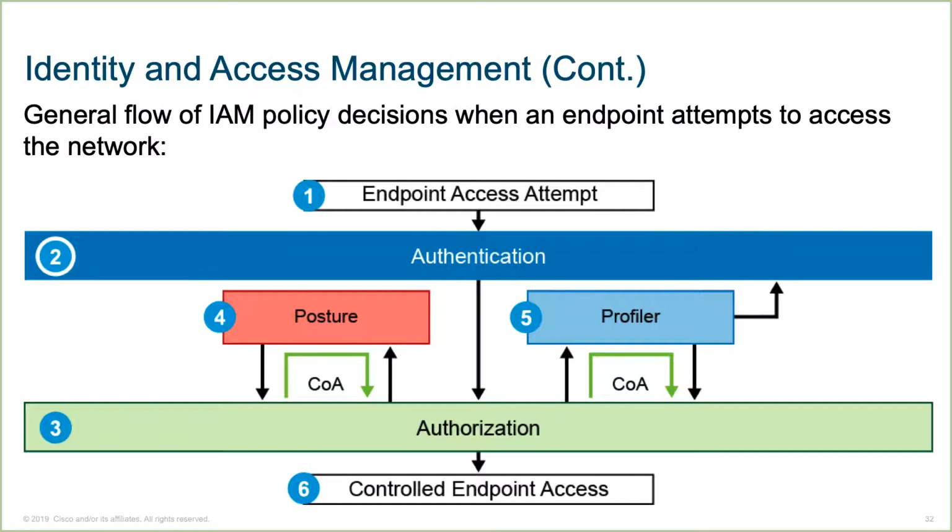If we need to reject the connection, we could do a CoA, a change of authorization. Or we can even do a CoA which is going to be, okay, you've properly authenticated and you've met all of these requirements. So I'm going to do a CoA, and now you re-access the network, but with a security policy applied in a controlled manner from a controlled endpoint.